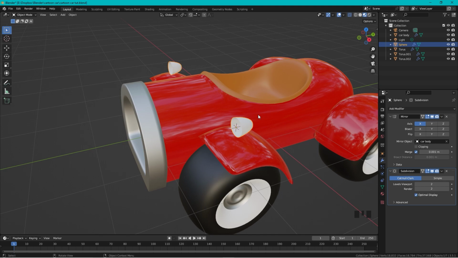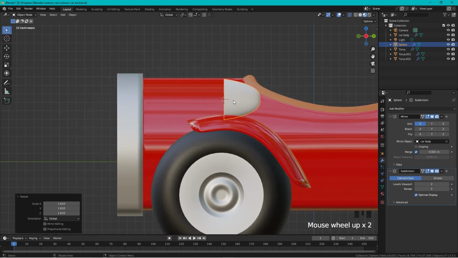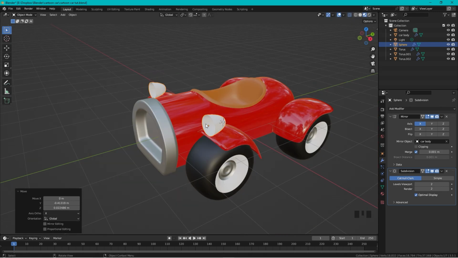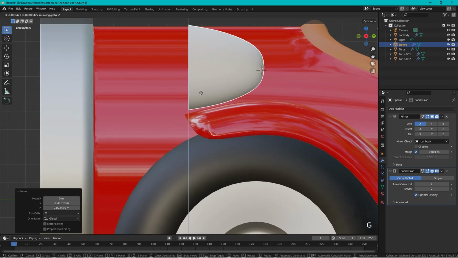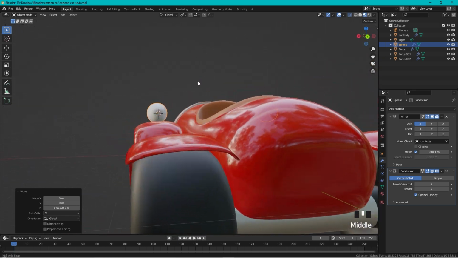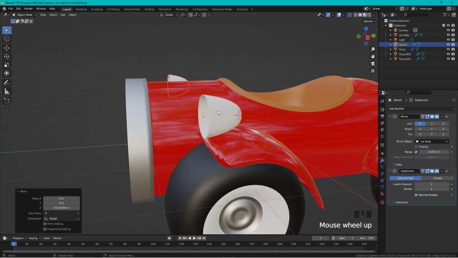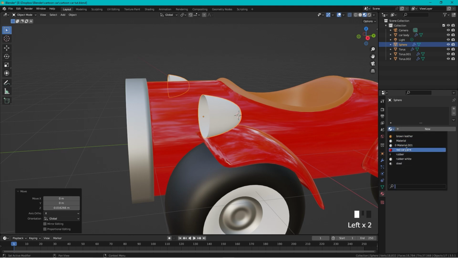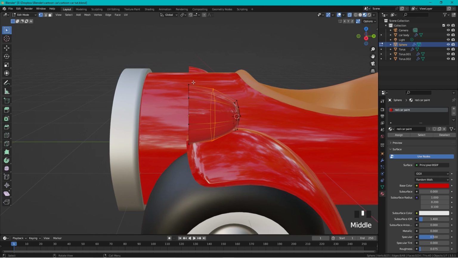So let's change this. So press S to scale them up. And you decide how big you want your lights to be, so I think this size would work. Need to add some details, and I think we could move it down a little bit like that. Yeah, and I think it's maybe okay if it's hovering a little bit. But anyhow, let's add a material to start out with. Let's add the red car paint,